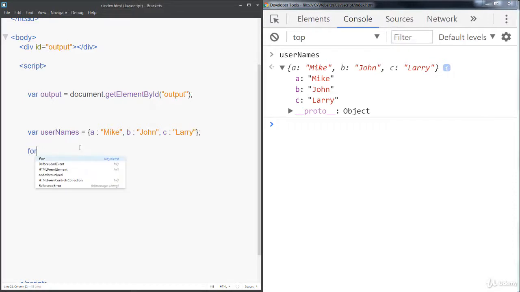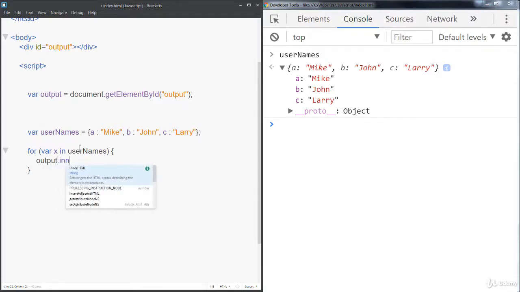So just keep that in mind. So let's loop through. Set a variable of x and loop through all the usernames. And now let's output the value of x. So innerHTML, add that together, and